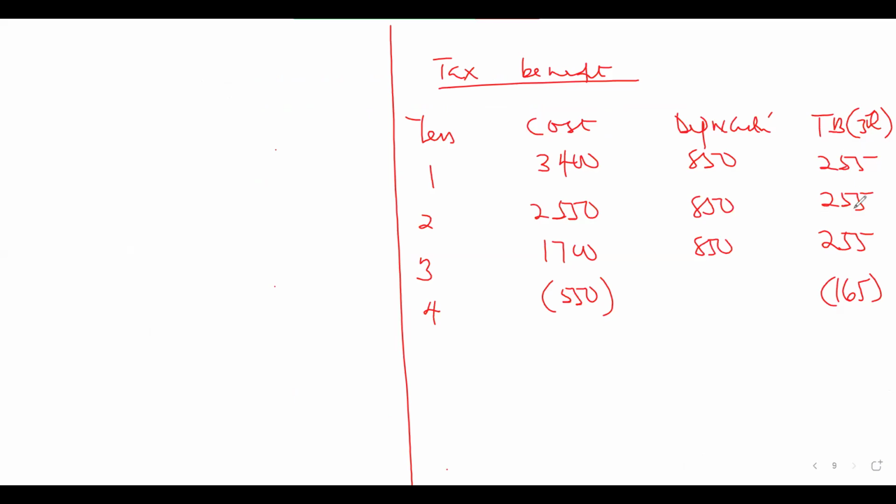As the 255 plus 255 plus 255 minus 165. You can try that and see: 3,400 minus 1,400 multiplied by 0.3. I'm getting 600. So you can confirm that: 255 multiplied by 3 minus 165. You'll be getting 600, but this one I'm doing the way the tax authority will be doing it. The way you are doing it is how the company will calculate it.